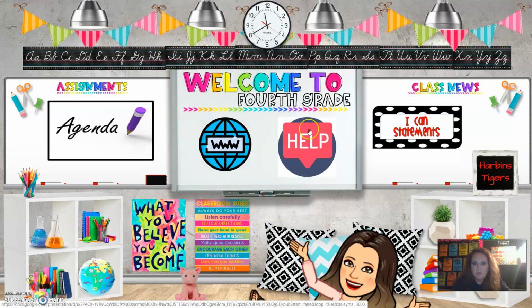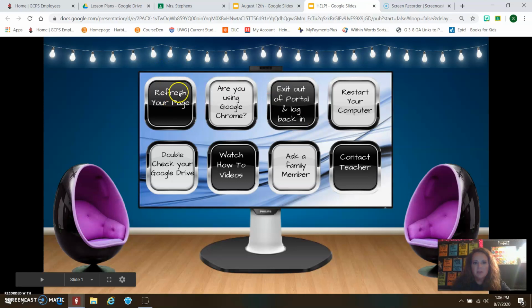I did create this button, so if they need help or something is happening, they can click there. It brings them up to another slide that goes through the steps of what they need to do. Did they refresh their page? Are they using Google Chrome instead of Internet Explorer? Did they exit out of the portal and log back in? Restart your computer, double check your Google Drive, watch how-to videos on that website, ask a family member, and then contact a teacher. Please tell your child that they need to do all this, because I will not be available